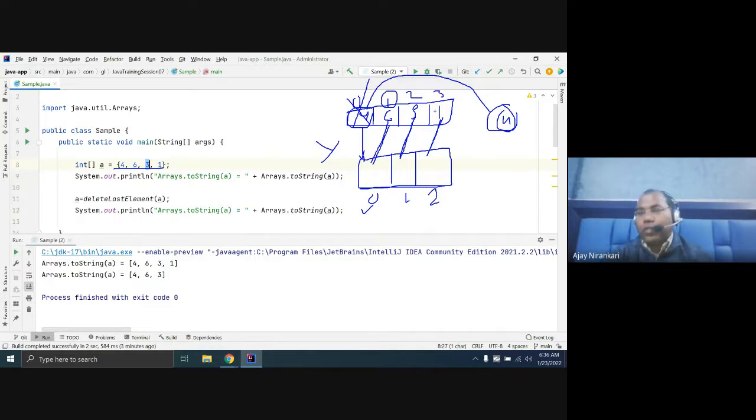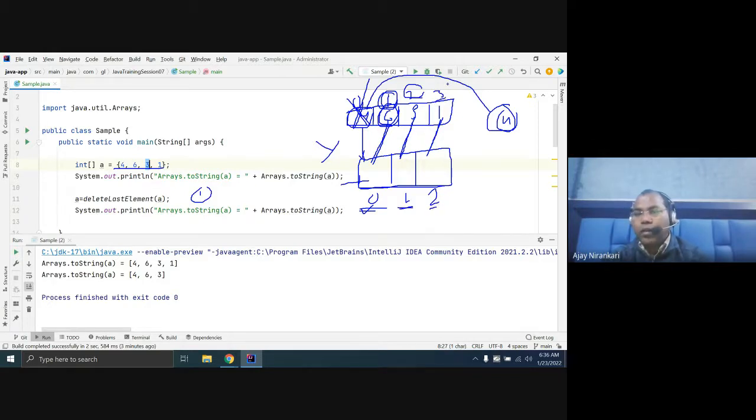So here is what to observe. This is the one position. If your loop is at one position, you always have to use the -1 position. One position data you are putting in the 0 position, 2 position data you are putting in the 1 position. I want to delete only one element. So whenever one element is deleted, after that, whatever data you pass here, the one position data you paste in the new array with -1, means one position data goes to the 0 position, 2 position data goes to the 1 position, 3 position data goes to the 2 position.